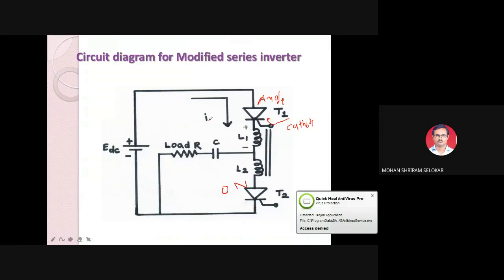So ultimately, if T2 is turned on, if this is on and before that this is also on, then ultimately this will be short circuited for 30 milliseconds. So if this is on, then ultimately this will be